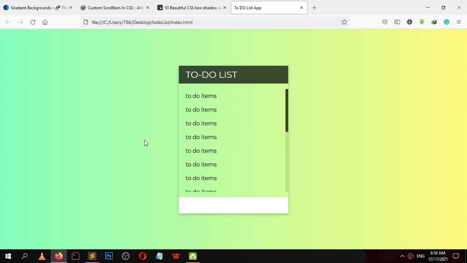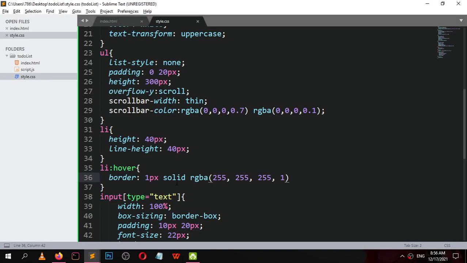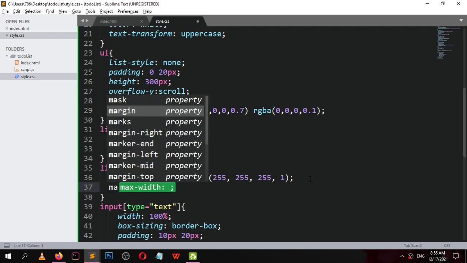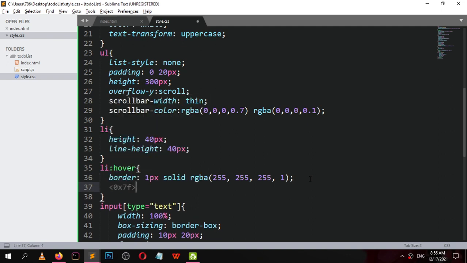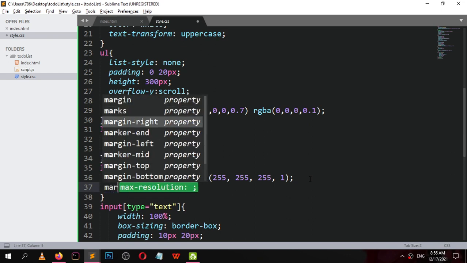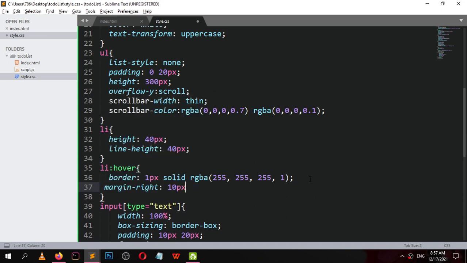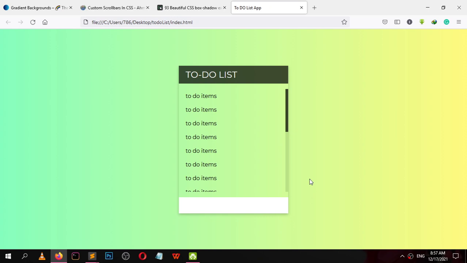Now it looks great, but we need some padding or margin inside the element. Give a margin right 10 px. It doesn't work.